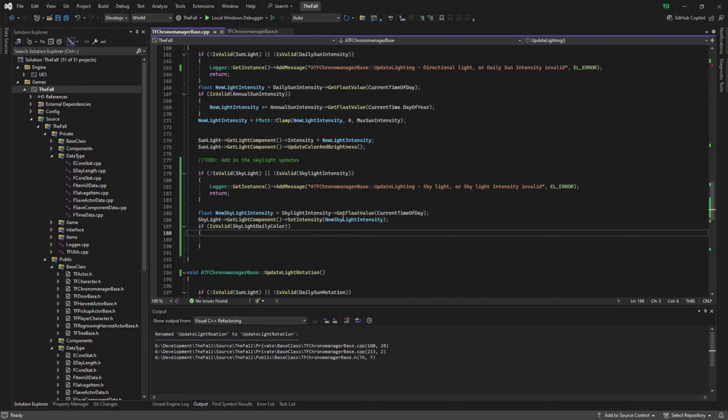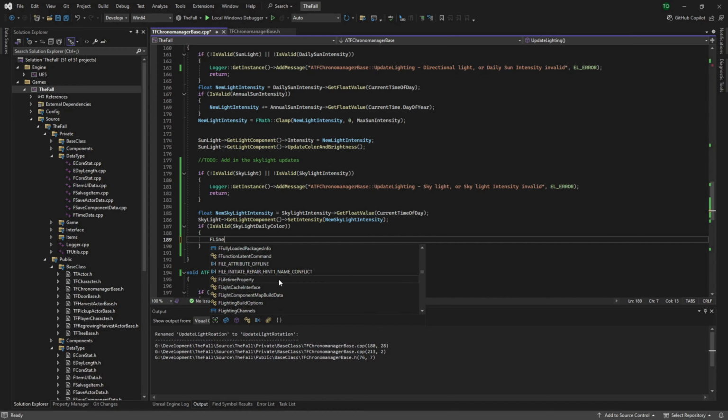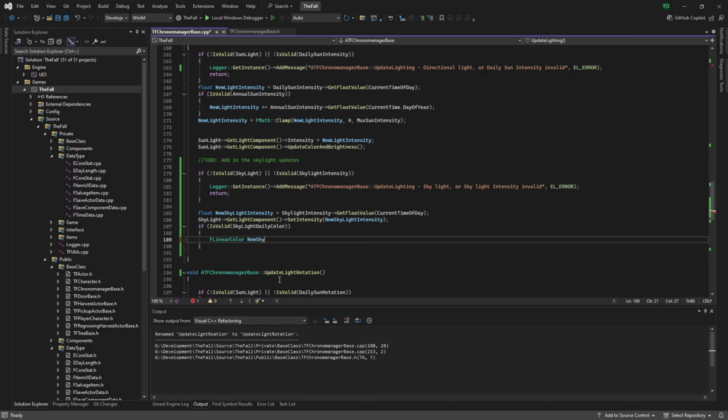So that's why in this case we're using it as a positive, where in our other case we were looking at it as a negative. So then what we want is an FLinearColor, new sky color equals. And this is something I would